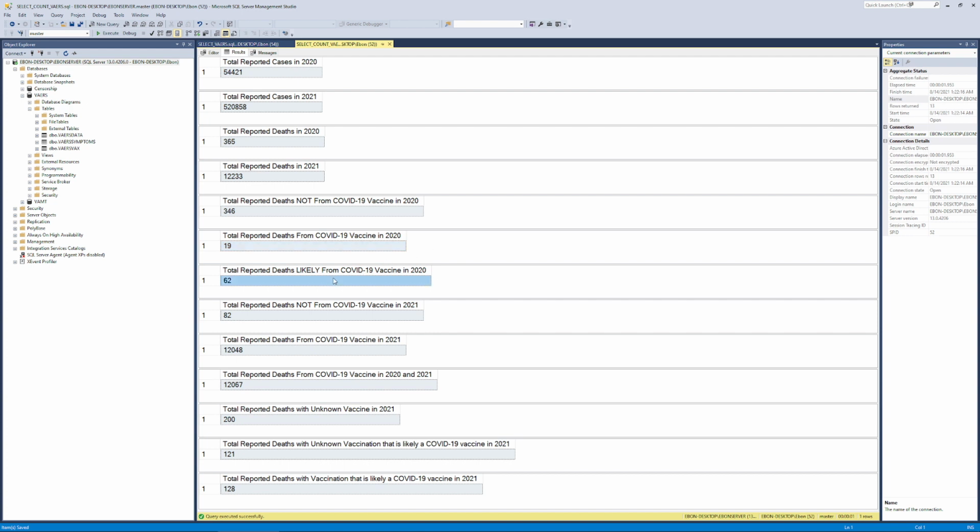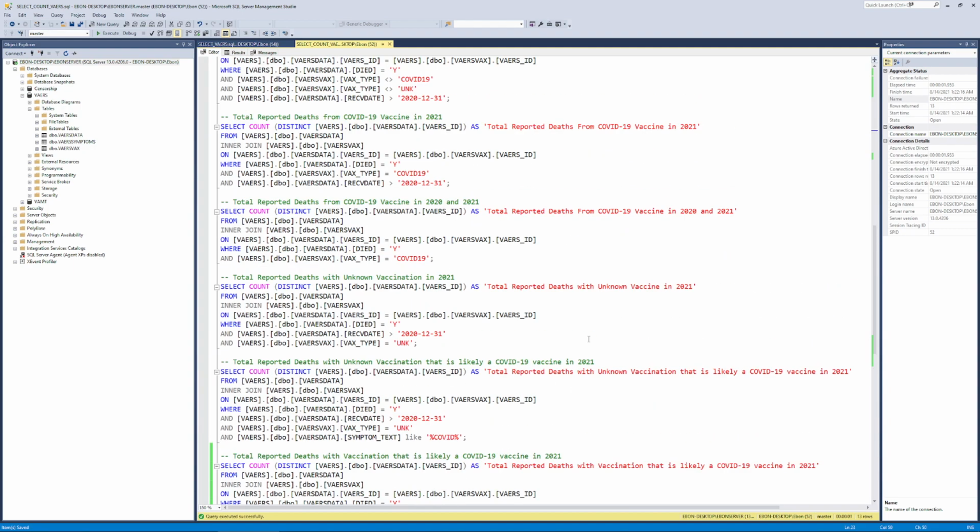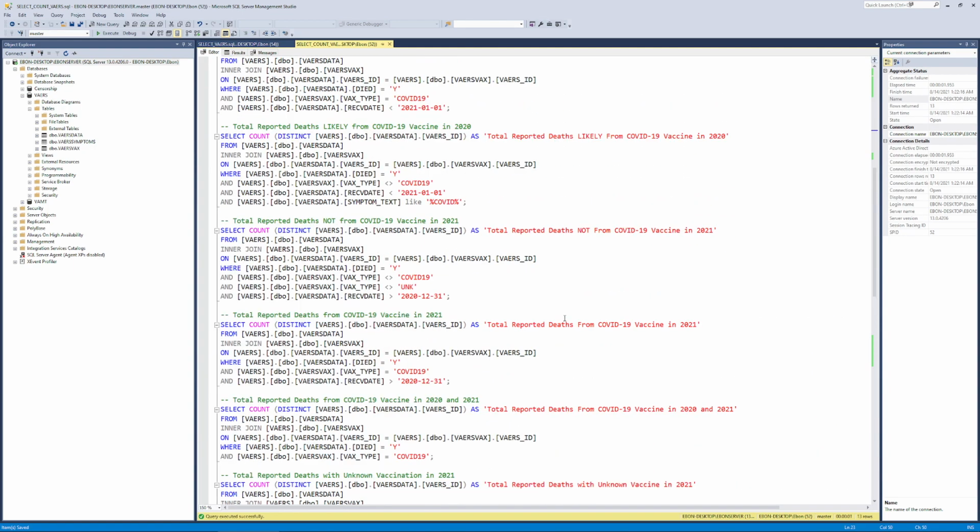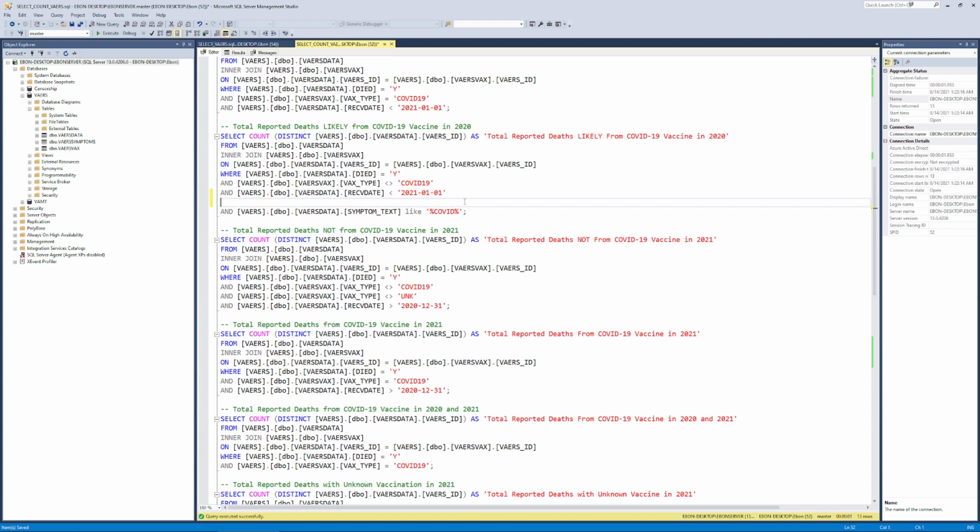So we go from here. Total deaths likely from COVID vaccine in 2020. So why am I getting 62 from there? And if I look at that, let's see, likely deaths. All right, I'm looking at the date. That's before. Oh shoot! You know what? Some of these I didn't actually do an and. So I'm actually getting data from all the way before, from the